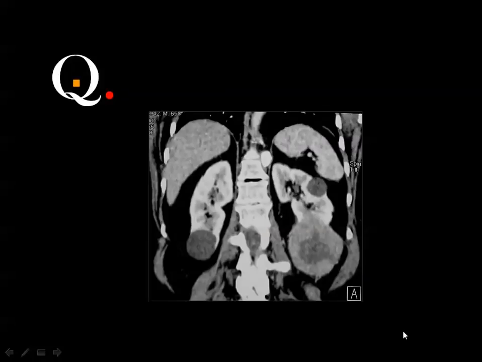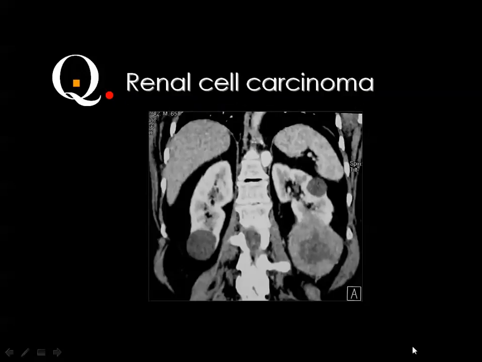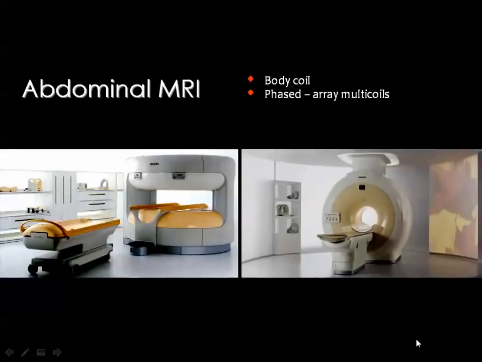Then this is an example of a coronal reformatted image for CT scan of the kidneys, and you can see simple renal cysts on both sides, as well as a solid lesion in the lower pole of the left kidney, diagnostic of renal cell carcinoma. Then a few words about the value of MRI in the abdomen, and this is very important